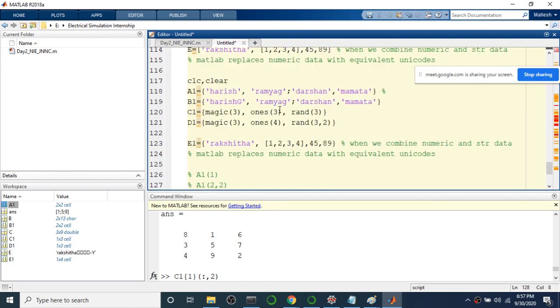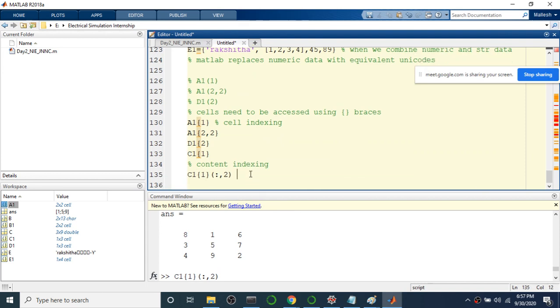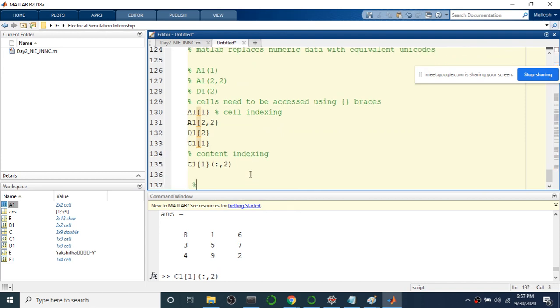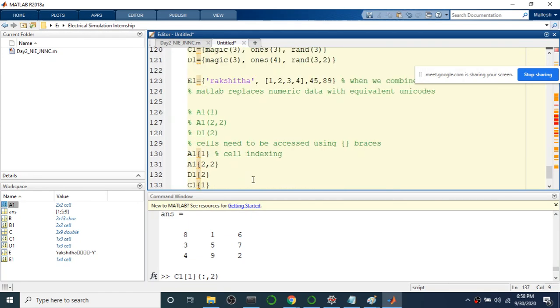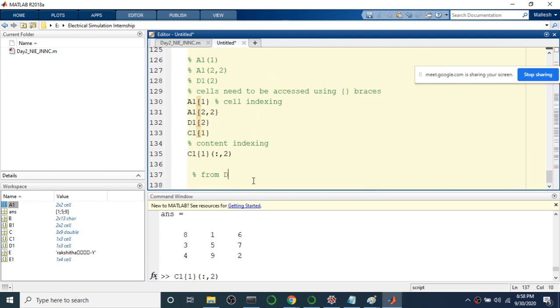Now can you just try how to do this? Let's try this one. From D1, cell 1, print the second and third row. This you have to try.